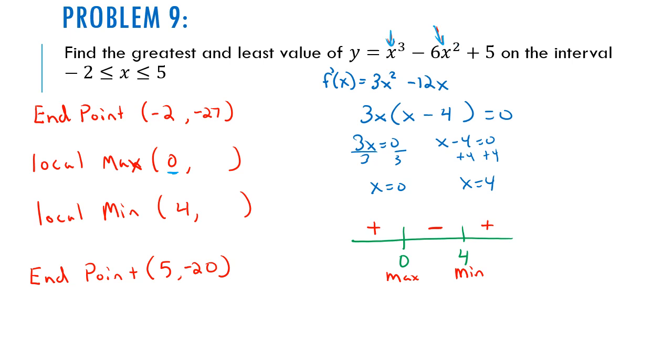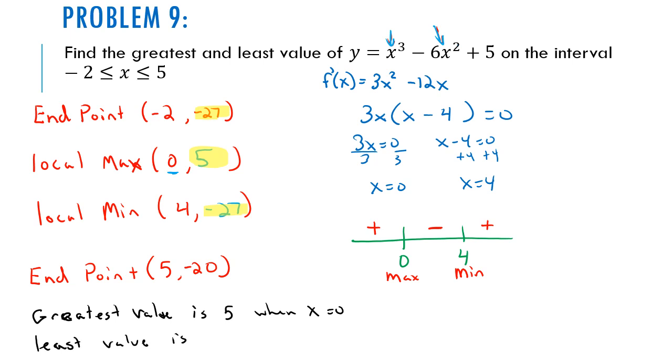Then once again, I'm going to take these numbers, the 0, and plug it into the original function. When I type it into the calculator, it tells me that I get... sorry, I'm a liar. I get myself 5. When I plug in the 4, I'm going to get -27. So looking at my options here, I can see that my maximum value, my greatest value, is 5, and my minimum or least value is -27. So I can say the greatest value is 5 when x is 0, and my least value is -27 when x is -2 and x